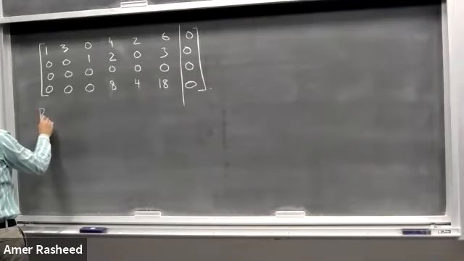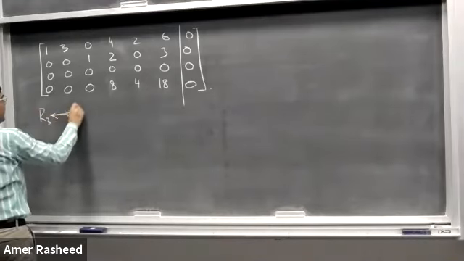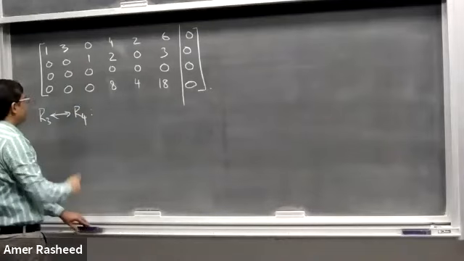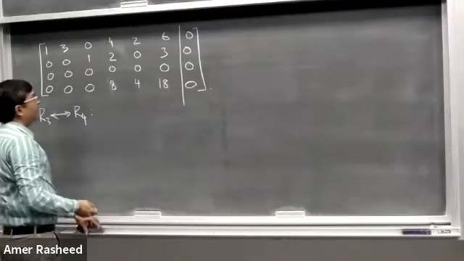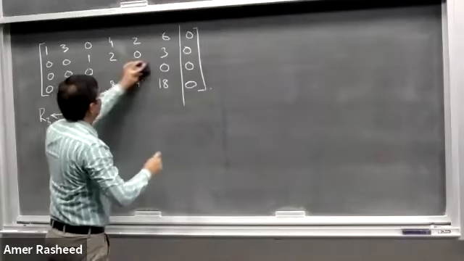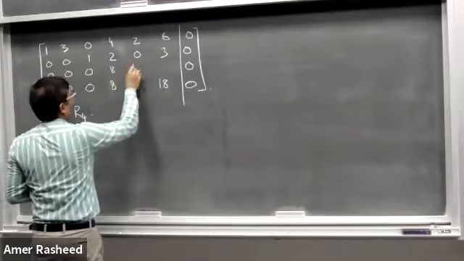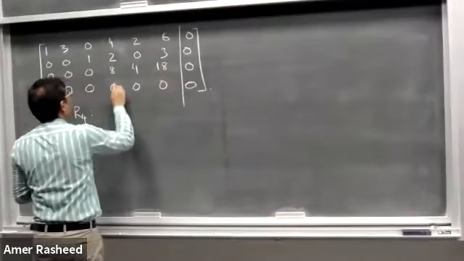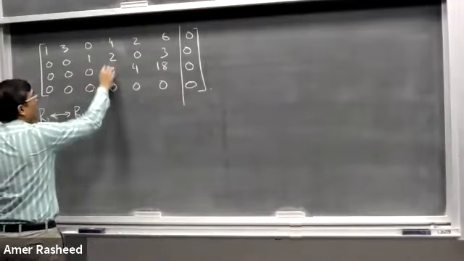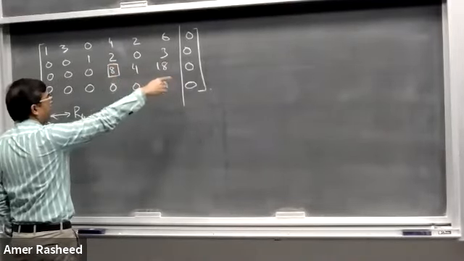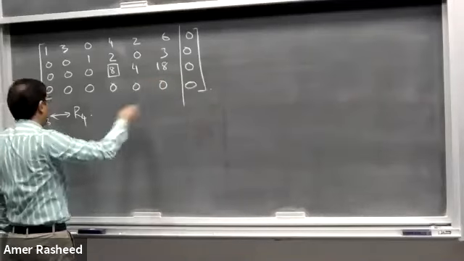So now what you are going to do, you are going to interchange row 3 and row 4. And what do you obtain here? After interchanging these two rows, you get 8, 8, 4, 18, and 0 here. And the last one will be 0. Now you have to make 1 here. What do you do here? You have to divide this whole row with 8. And then you can make it 1.